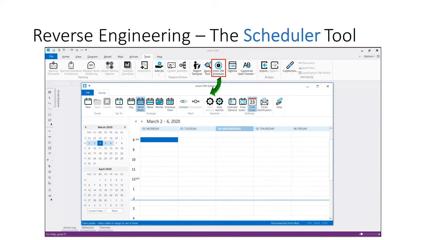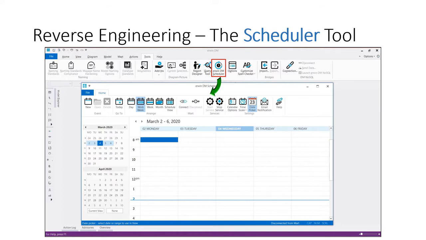The IrwinDM Scheduler is found on the Tools menu. When selected, a calendar dialog displaying completed, running, and/or scheduled or pending events is displayed. The format of this display is similar to that found in Microsoft Outlook and many other calendar applications. This is not an accident, as our goal was to provide a familiar environment for scheduling reverse engineering from a database tasks.